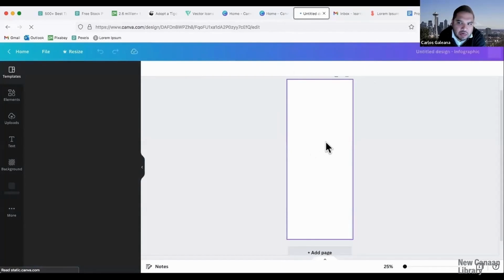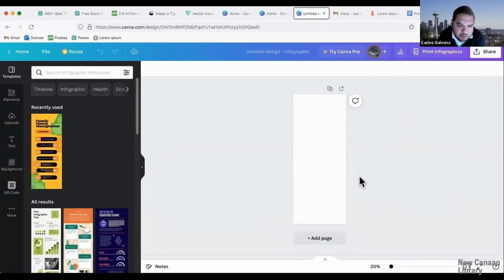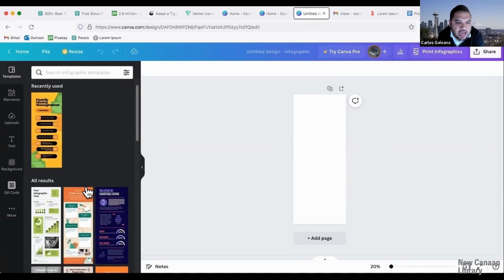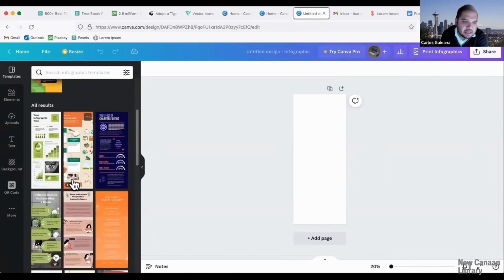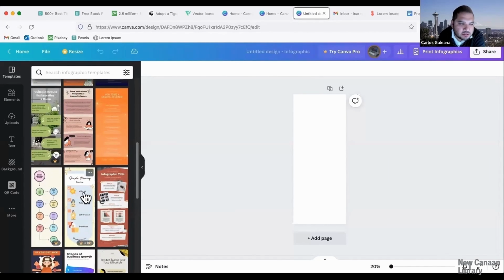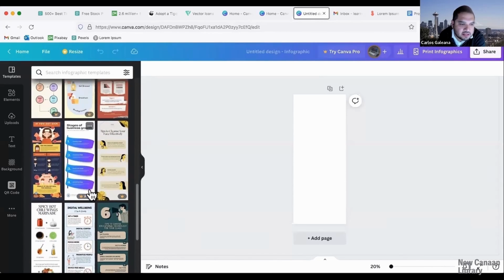Infographic was really popular about 10 years ago. That's when it really started gaining steam, and it's a mix of data and facts and information. It's like a report that can be condensed into one primary graphic or document. And a successful infographic is something that could be read on a phone or tablet. So if it cannot be easily read on a mobile device, then it's not a successful infographic. There's too much information, or the information is not very clear.